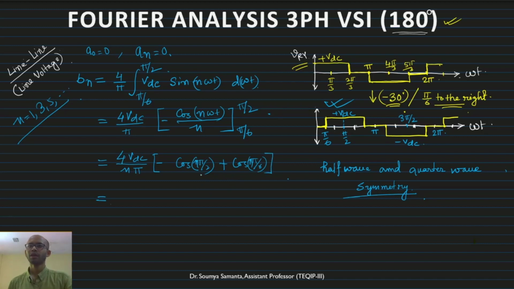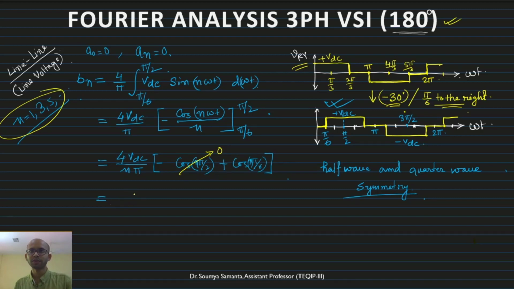Okay. So if I talk about this one, this will be 0. Let me change the color. This one will be 0. You can calculate this one, considering n equals to this. Don't consider even n: 2, 4, 6. If you consider those, then the result will be different. Otherwise, if you consider 1, 3, 5 as the value of n, this will be 0. You just calculate it and cross verify.